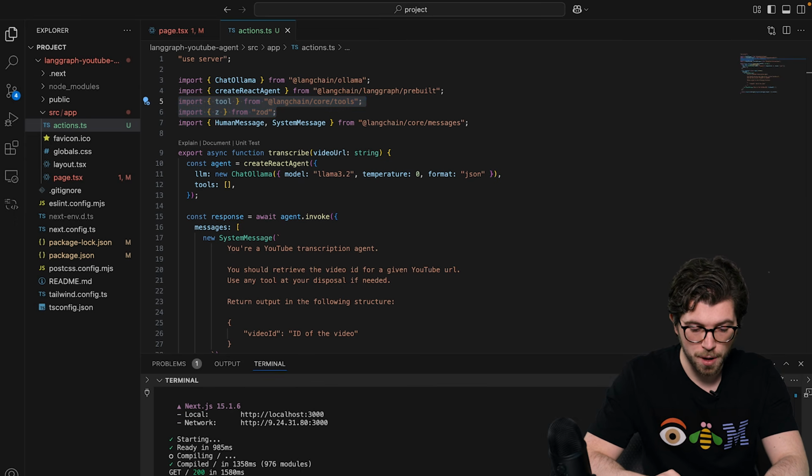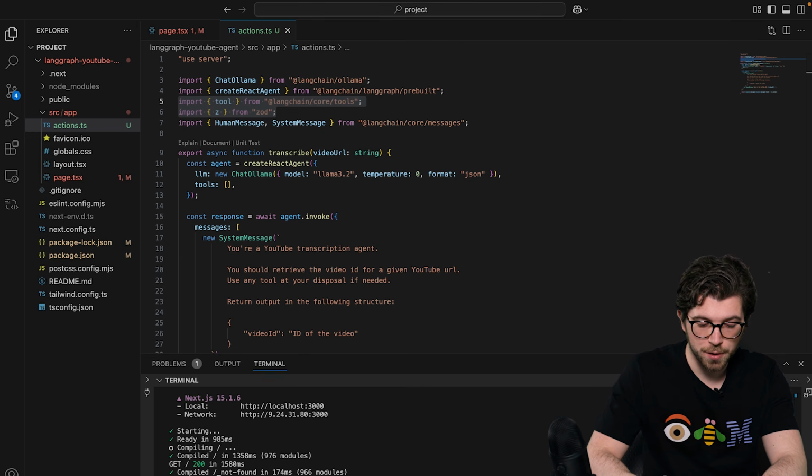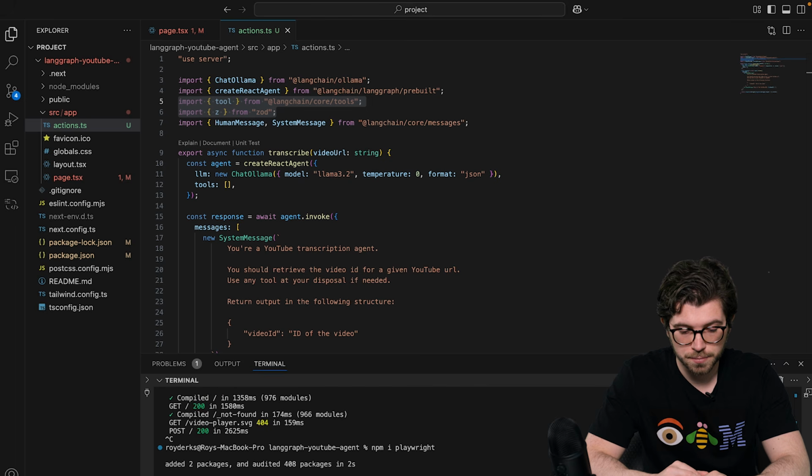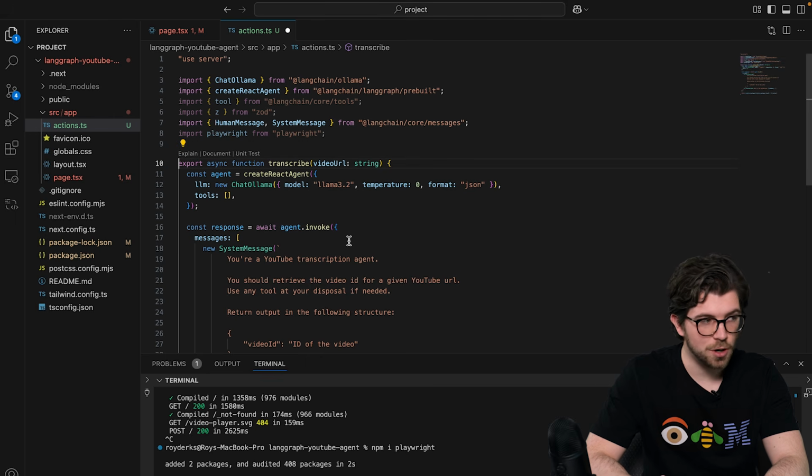So I'm going to close the command running on my terminal, and in here I'll be running npm install playwright. And this will install the Playwright library from npm. After installing the Playwright library, we need to import it, of course, in our actions.ts file. So I can import the library at the very top, and then we can start to define our YouTube function.